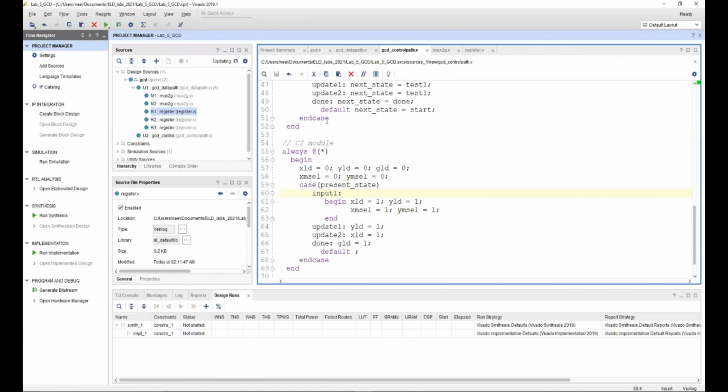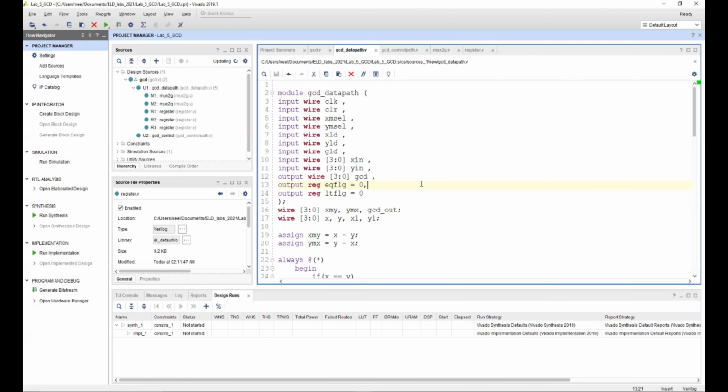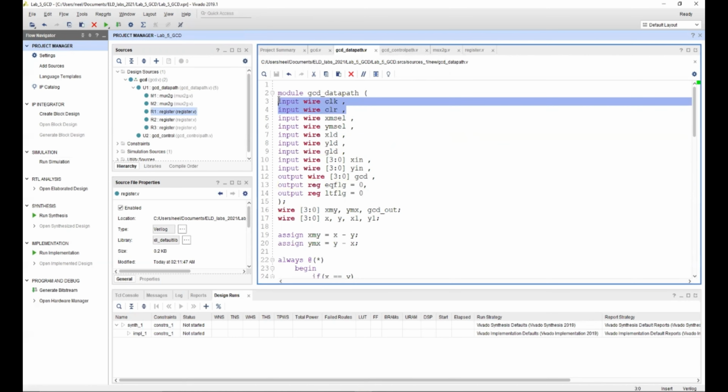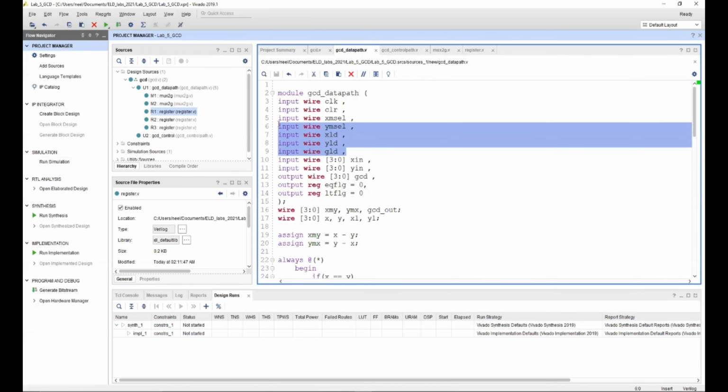in the data path. So let us go through the data path again. As we have discussed in the control path, we'll be getting the values XM select, YM select, XLD, YLD, and GLD from the control path. And we'll be getting the clock and the clear from the GCD itself. There's no go input, because that is handled by these 5 data points.